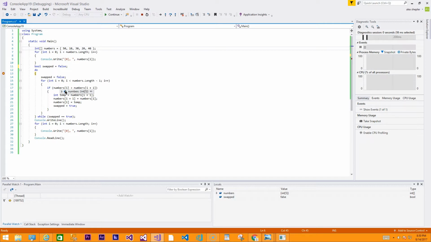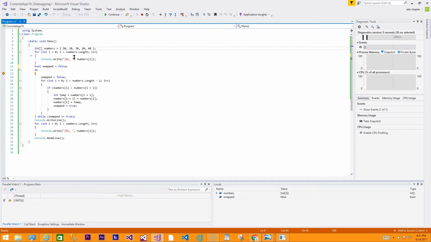Since i is equal to 0, this is the 0th position, so numbers of i would equal 50, and if that is greater than the number to the right of the 50,